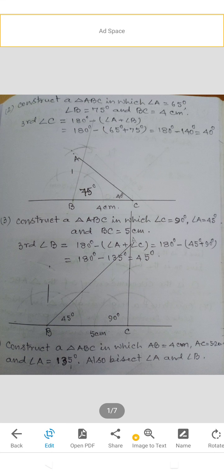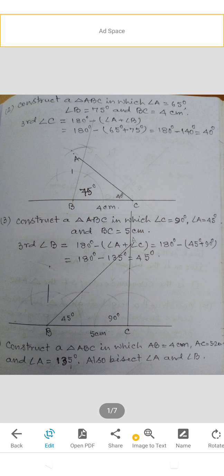Now question number 3. Construct a triangle ABC in which angle C equal to 90 degree, angle A equal to 45 degree and BC equal to 5 centimeter. Here you have not given the angle B. So first of all find the third angle B. Third angle B equal to